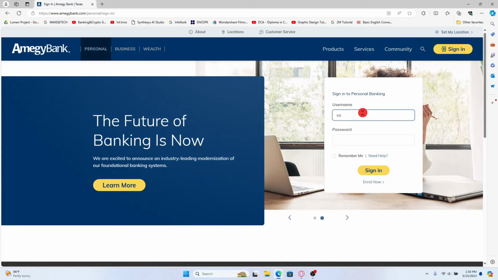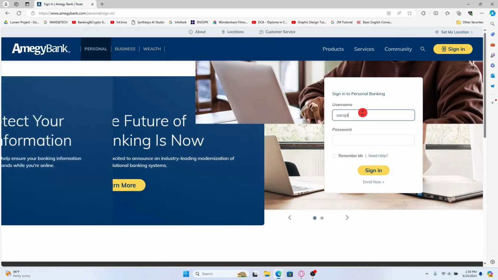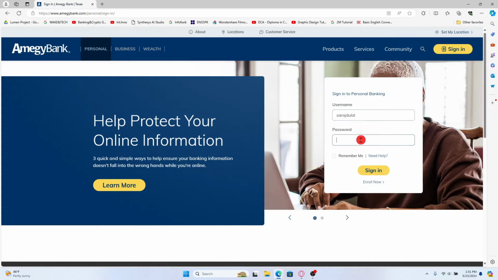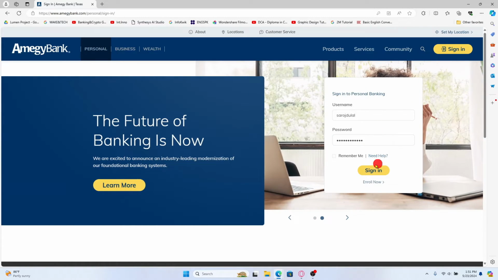Just type in your username that you have set up while creating your account within the username box and then type in your account password underneath within the password section. You can then click on the sign in button and you will be logged in to your Zip Mortgage account